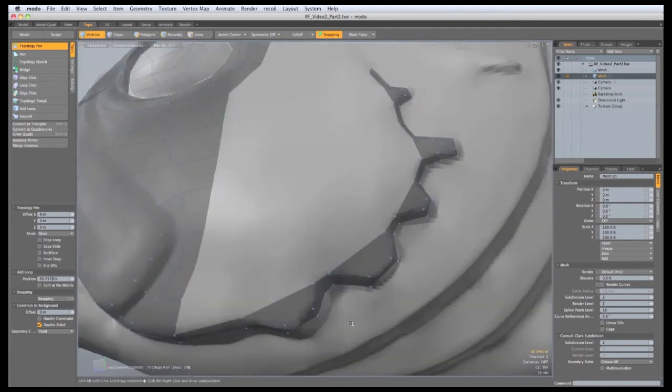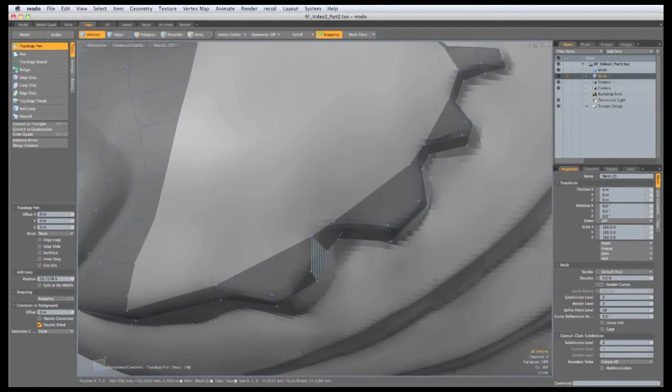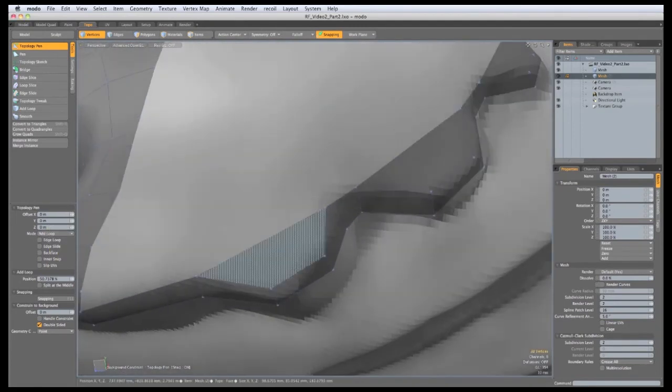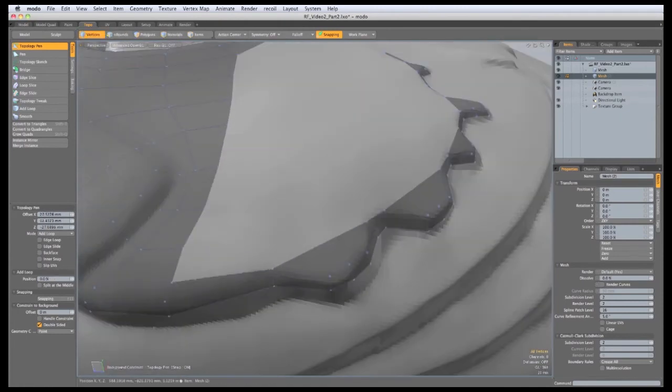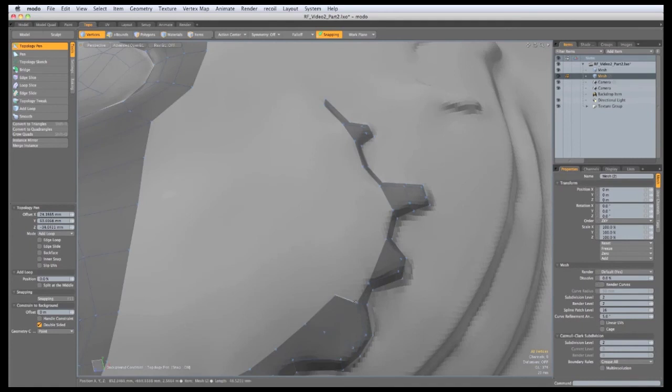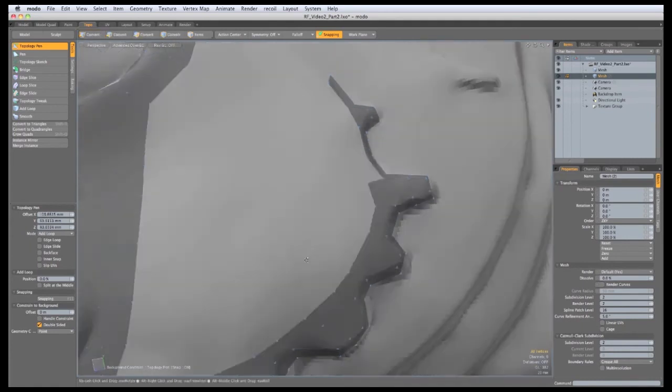So when you've done that, you might find that you need some more geometry in these two because they're quite big. So I'm going to change the mode to add loop, and we'll put an edge in there and also an edge in there. And then we can extend this all the way to the top,